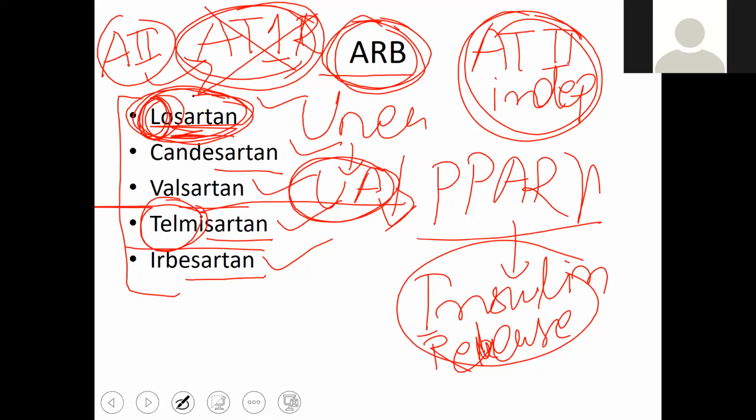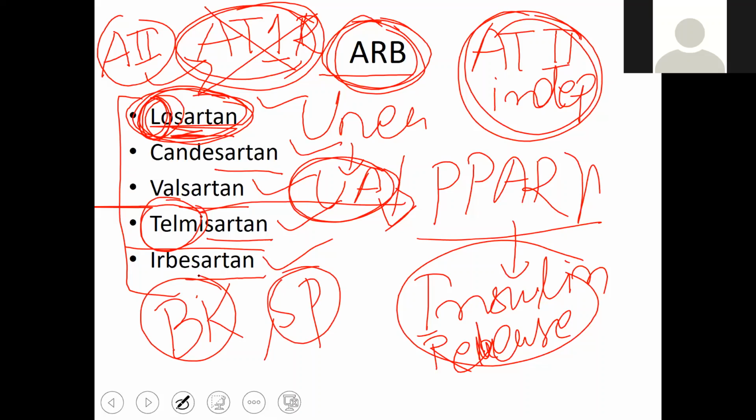But one difference is that because these are not inhibiting the enzyme, they are not inhibiting the bradykinin or substance P degradation. So substance P and bradykinin are degraded in a normal way in the body when we give ARB. Okay, so bradykinin and substance P mediated side effects like cough, angioedema, urticaria will not